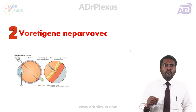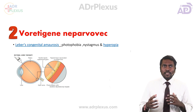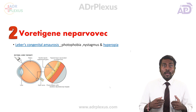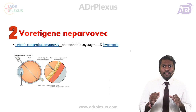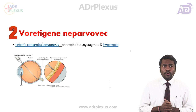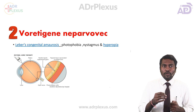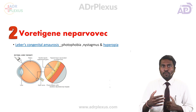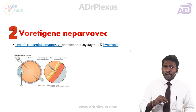It has been approved for a rare condition called Leber's congenital amaurosis, which has features of photophobia, nystagmus, and hyperopia. One important feature is dysfunction of pupillary reflexes, attributed mainly to dysfunction of photoreceptors. So what exactly does this drug do? When it is injected, it gives the DNA which can form effective photoreceptors, so this condition gets overcome. So this is one of the novel approaches for treating Leber's congenital amaurosis,